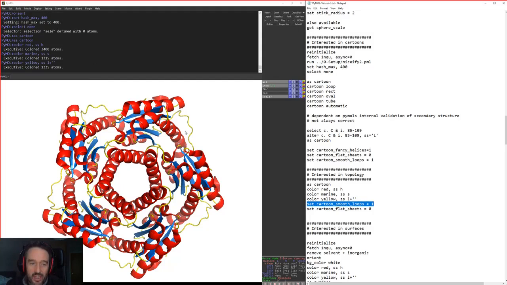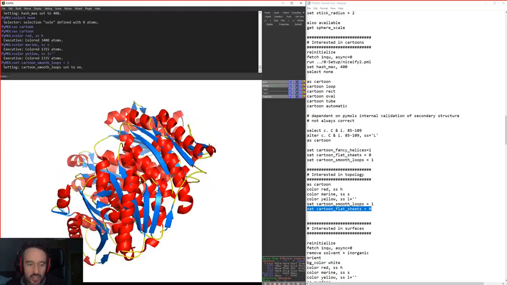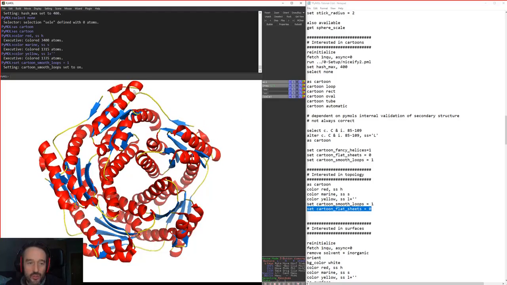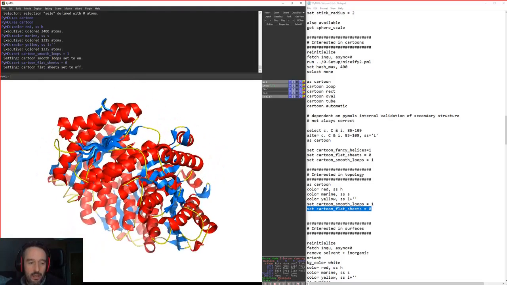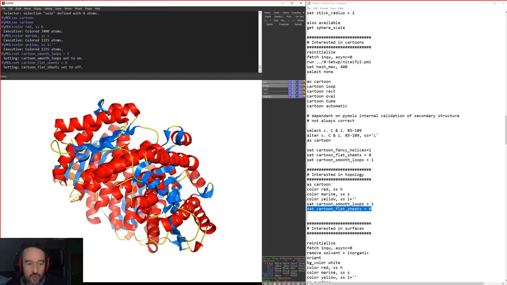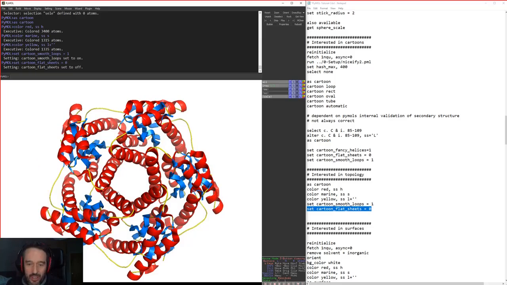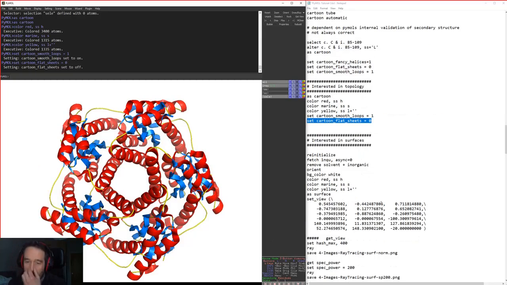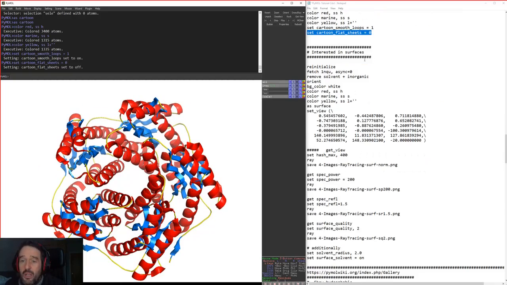So what this does, if you see this jangly line of your loop here, if we set smooth loops, it just makes all of these into less complicated loop structures in order not to detract from the basic topology. And then you've got the flat sheets here, which actually are more appropriate for a topological one, but you can also make those sheets into a more backbone tracing, because the sheets generally don't actually trace the backbone completely. They make an average of it. So there's lots of options like this that you can go through.